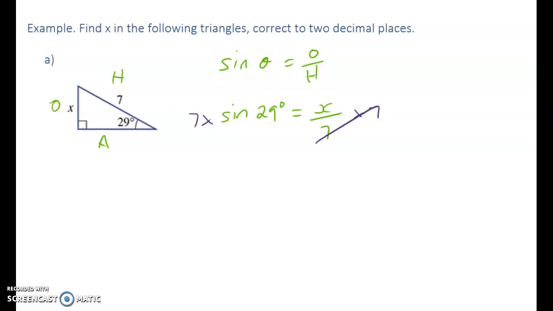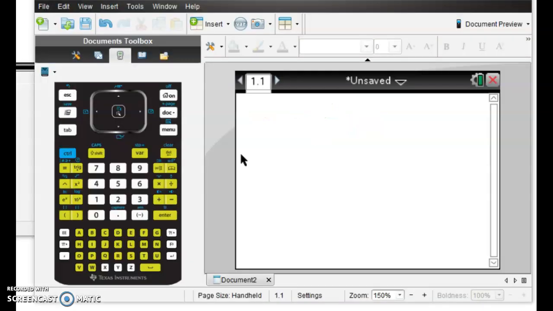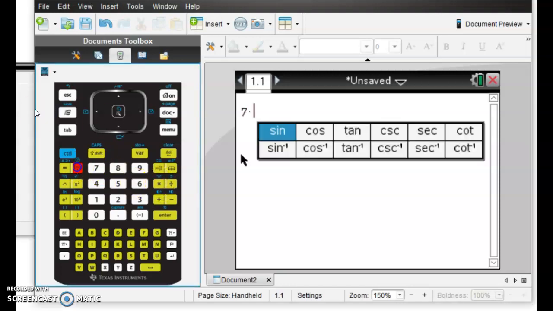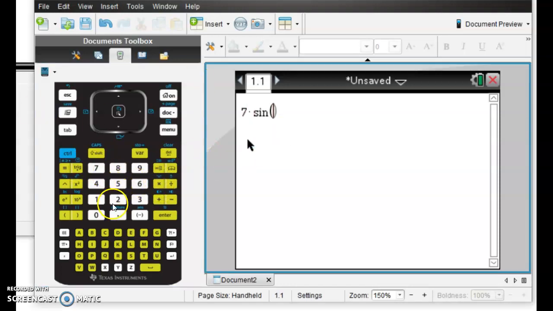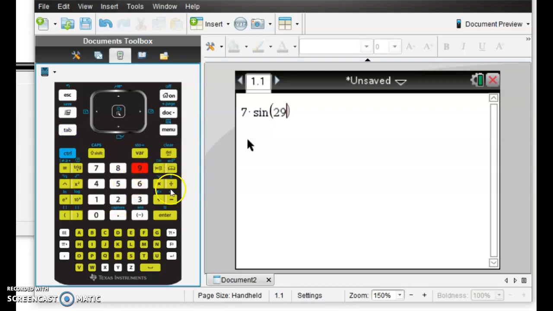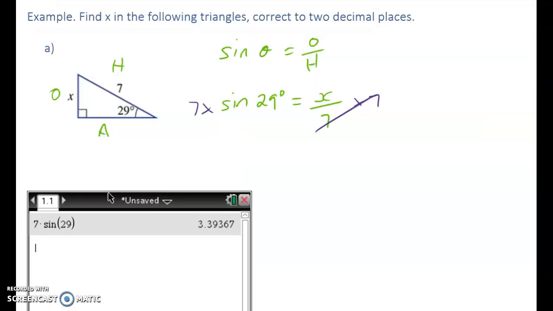These guys cancel out, so you end up having to type into your calculator 7 times the sine of 29 will give you x. So on your calculator, you type 7 times the sine of 29, and it should give you a side length of 3.39. All right, so we found x. We've got to write it correct to 2 decimal places. So x is equal to